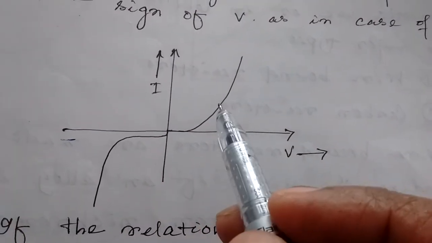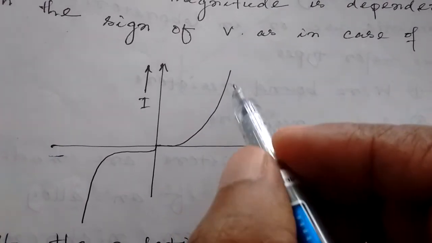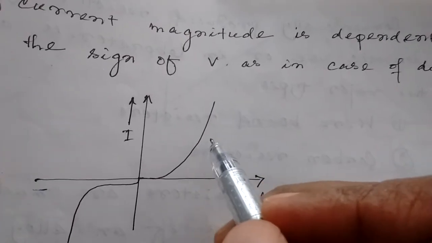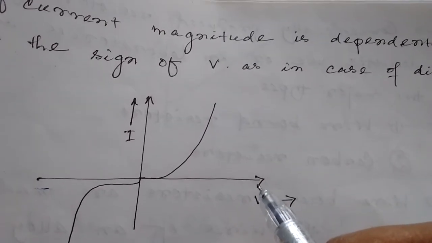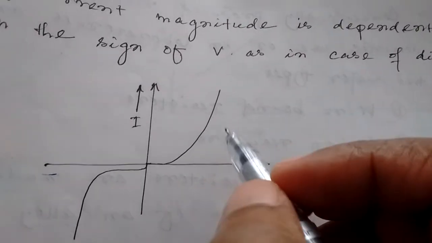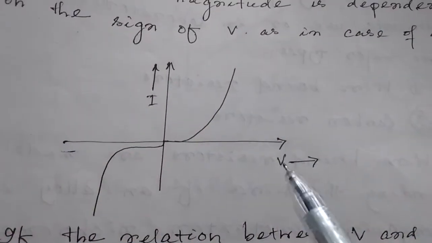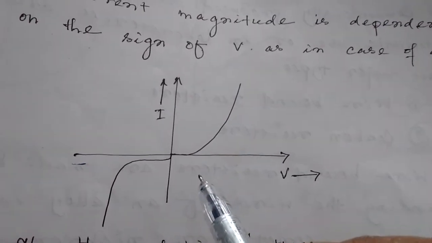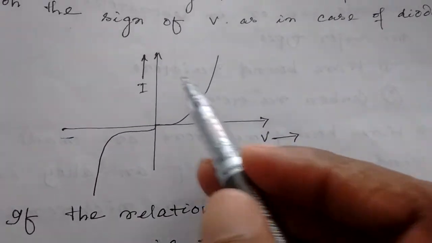You can see one characteristic for positive voltage, another characteristic for negative voltage. Very large difference. In both these cases current is not linear, nor here nor here. Of course, after a certain value of current it almost changes linearly with respect to voltage, but we are going to discuss it in the last chapter. Leave it for that chapter. You can see from this characteristic that nowhere does the curve show a linear characteristic. So this is another limitation. Ohm's law does not hold good in this case. Diode is another exception.